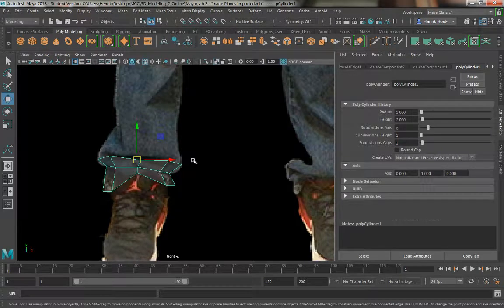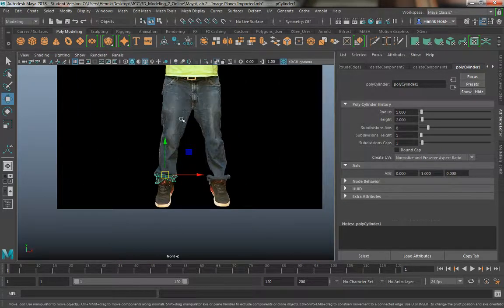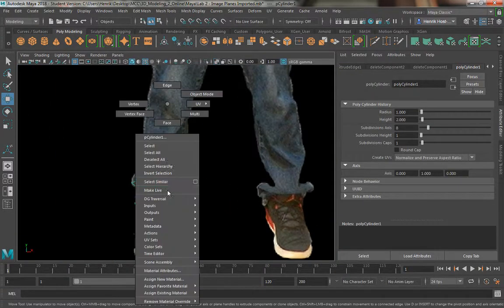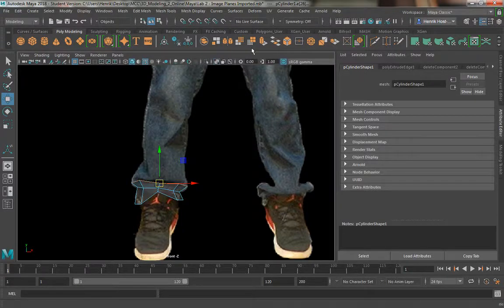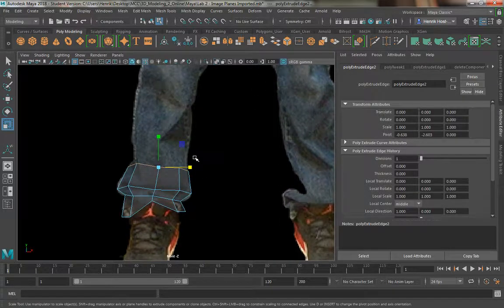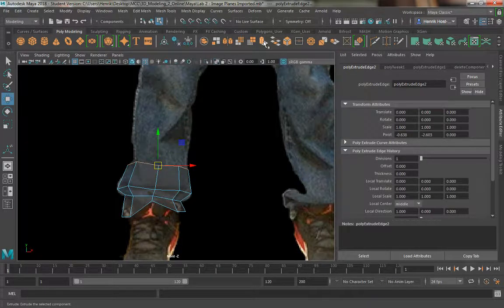The cool part about this is that we only need to model one of the legs. We're just going to flip it on the other side. I have a weird sort of leg on this side, so I'm going to just follow this side, and I'm going to begin again, go to edge, double click this edge, I'm going to extrude, and then I'm going to bring up and scale inward and drag off, and again from here I'm going to extrude again, press W,